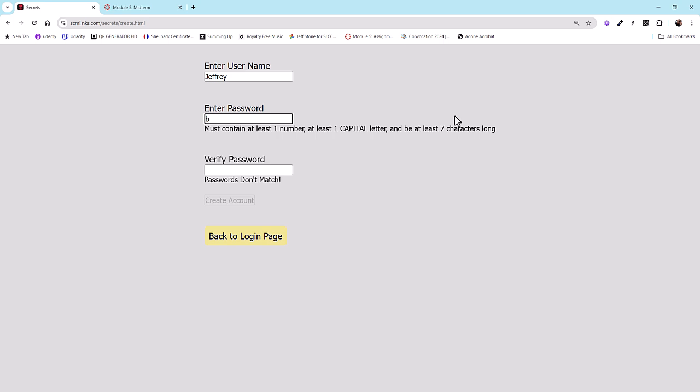Also notice that you can see the password there. That's only for teaching purposes on this video or for explanation purposes. Normally when you type, it should look like stars, right? And that is something that you should know how to do. If not, you'll have to look that up. But it should not show the letters.